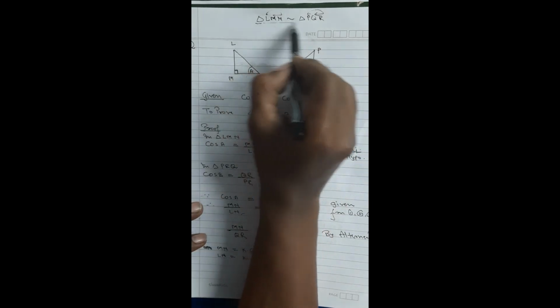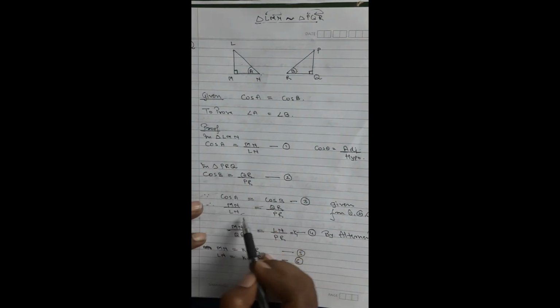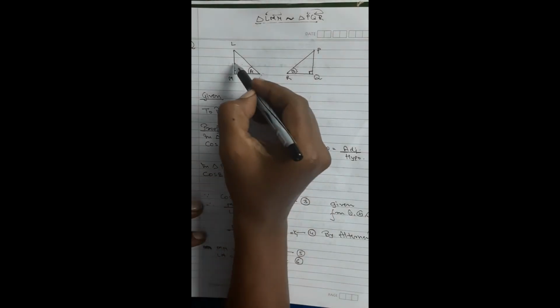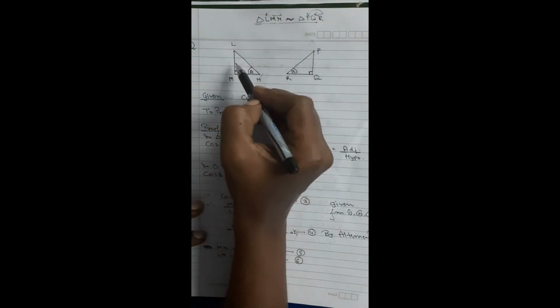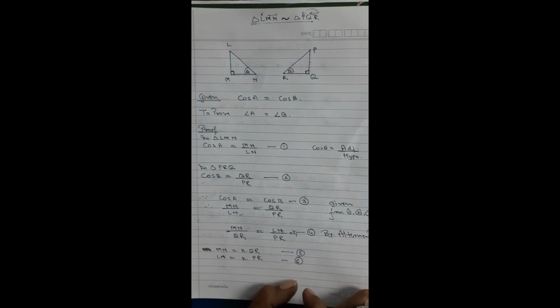That's all. But to prove these are similar, what I will have to do is I have taken cos A is equal to cos B, and accordingly I have taken alternando, and I have got two sides in proportion. Now is the question of the third side. For that what I did took this as K and then found the value MN is equal to K into QR. QR shifted over here. LN is equal to K into PR. Now remains the third side. For that third side is LM remaining, LM upon PQ. What I will do, by Pythagoras theorem I will find LM. By Pythagoras theorem I will find PQ, and of course I have to use these values over there.